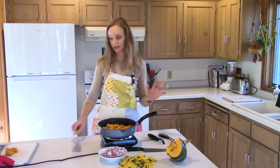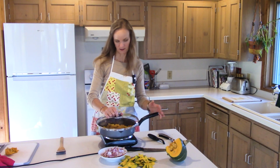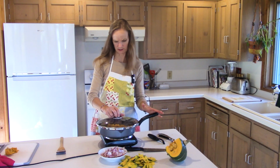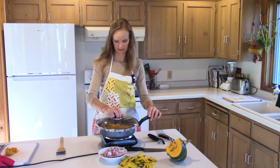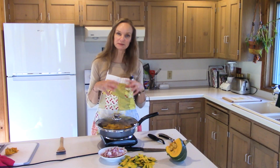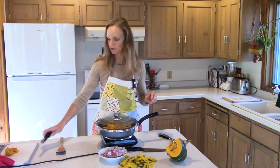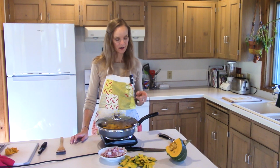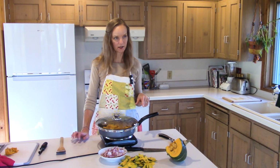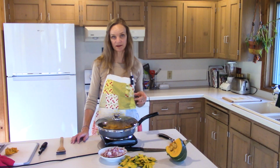And then I'm gonna cover it, which this pan does not really have the perfect cover, so this is a little bit crazy, because normally it's not on the island and gonna fall right off. But I want that steam to help me cook the squash, otherwise I really feel like it's gonna take me forever. So in the meantime, it's gonna be a good 10 to 15 minutes. I'm gonna clean out my squash, and what do I wanna do with it? I'm just gonna wrap it up and put it in the fridge,